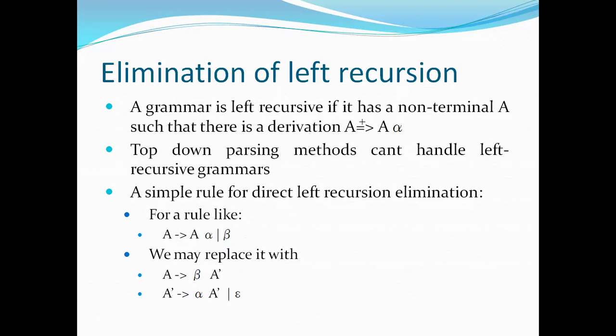So in previous semester, formal languages and automata theory, we are discussing about the conditions. We are having the production A is production with A alpha or beta can be replaced by the non-left recursive productions, that is A is production with beta A dash or beta also. So we are using same conditions in previous semester, and here is the change.